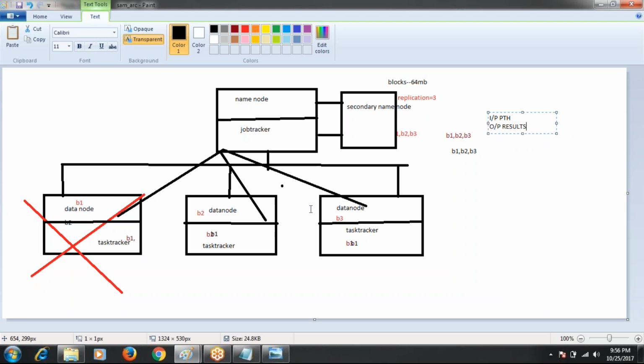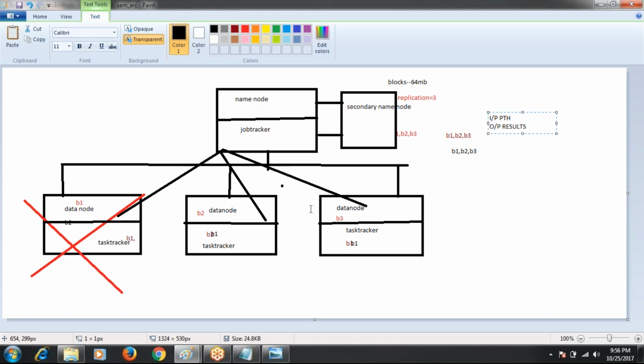After completion of the MapReduce job on each slave machine, the results from these three different slaves are all sent back to the job tracker. Then job tracker gives them to the name node, and name node stores those results in the data nodes only.